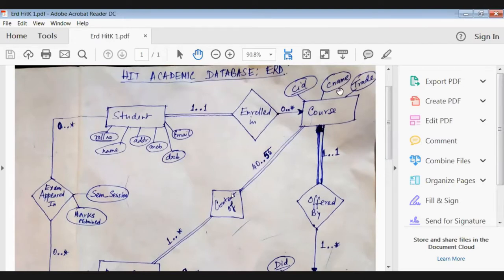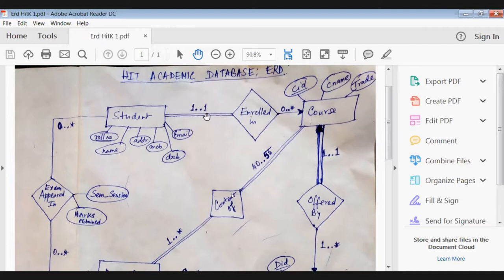Again, in IT, we can say BTech is the course name, and trade is BTech in CSBS or BTech in IT. So trade is those individual values, whether VLSI or IT or CSBS.